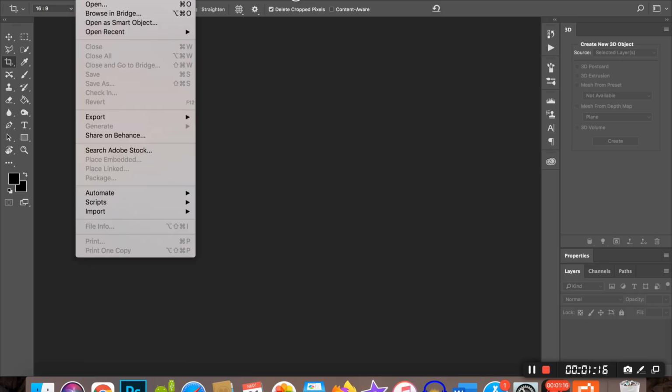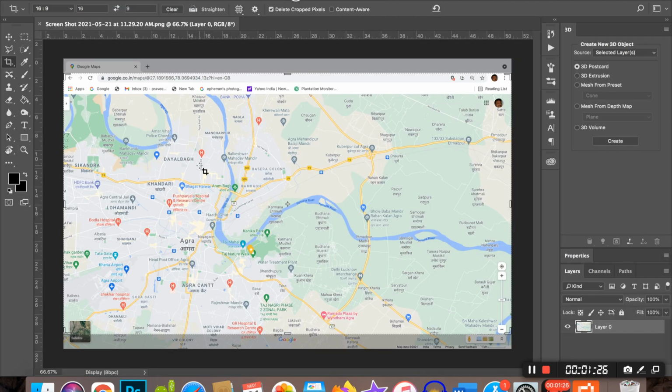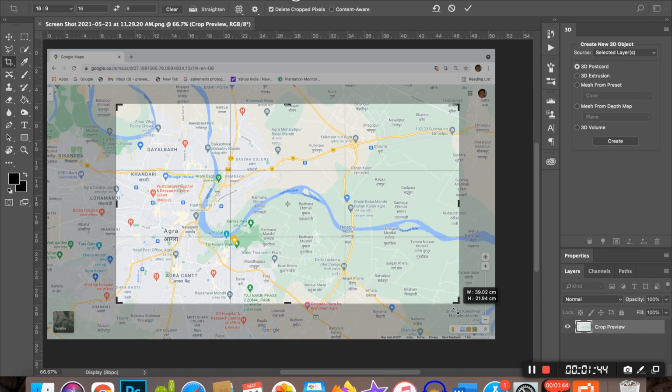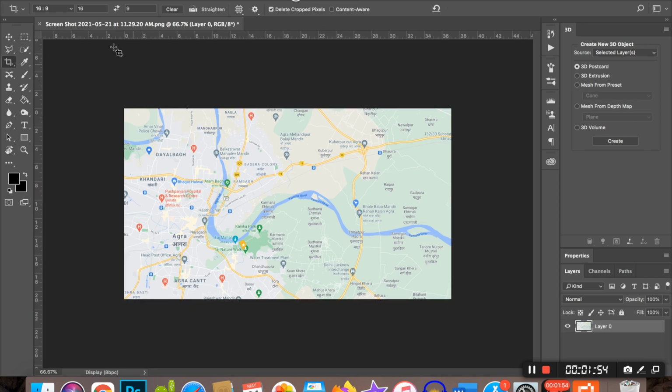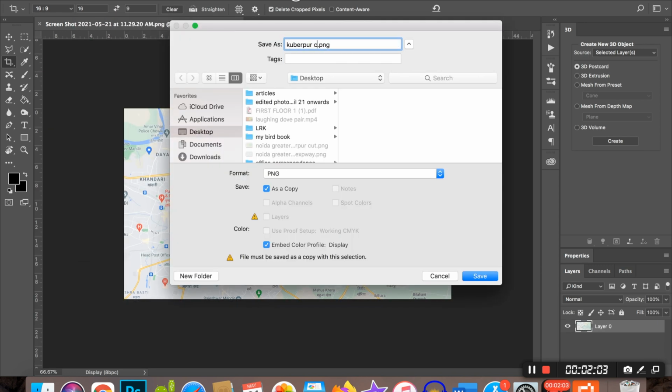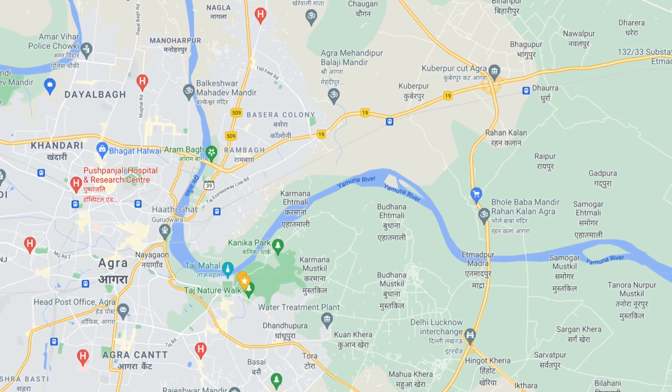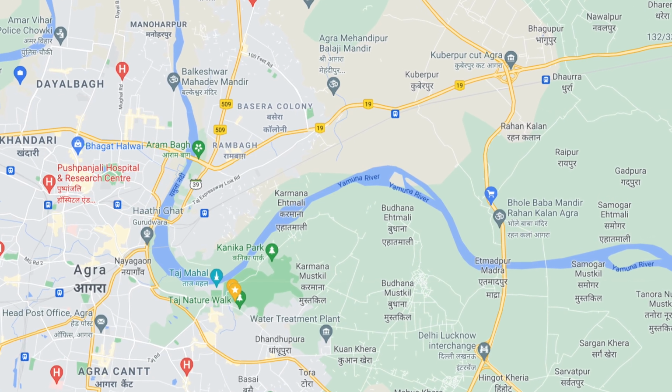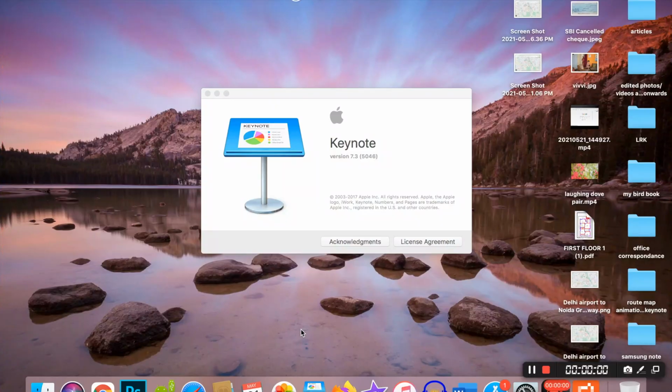Even for this, screenshot has been taken and resized to 16:9 ratio, centering the area which is to be animated. Now the base maps have been done.